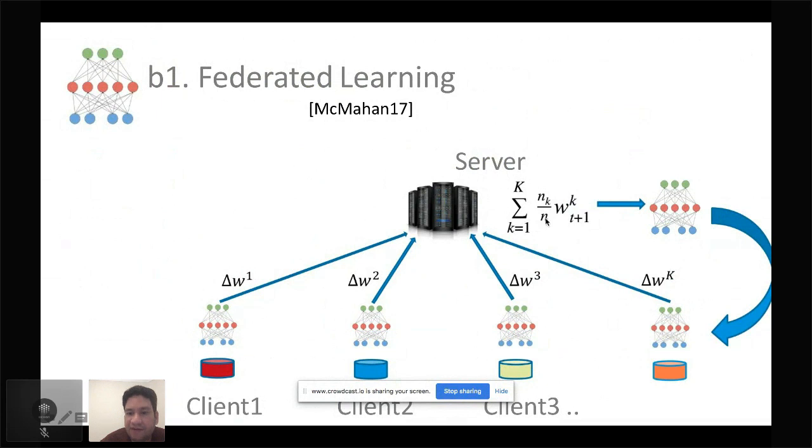The server does a weighted average. The weighting for the average is based on how much data was used or contributed into the ecosystem by any model. So if this client used a ton of data in relative comparison to the other clients, it would get a larger weight. So you're kind of averaging models in here.